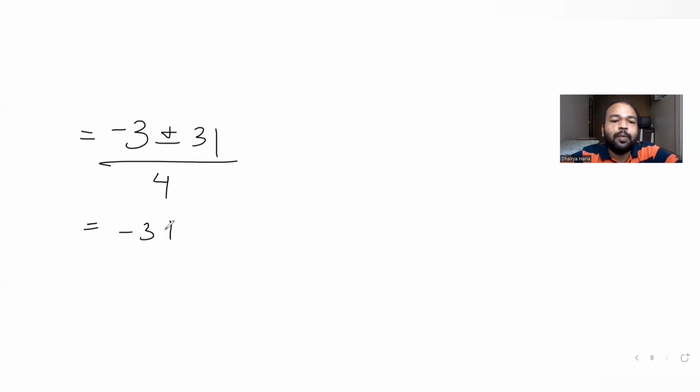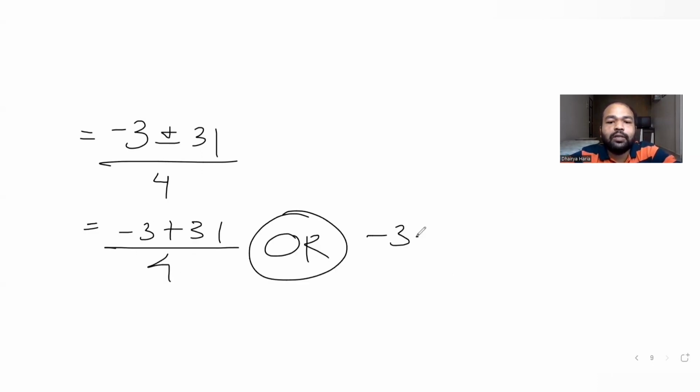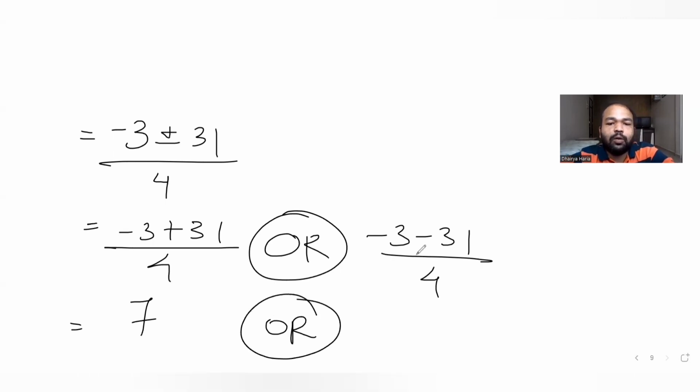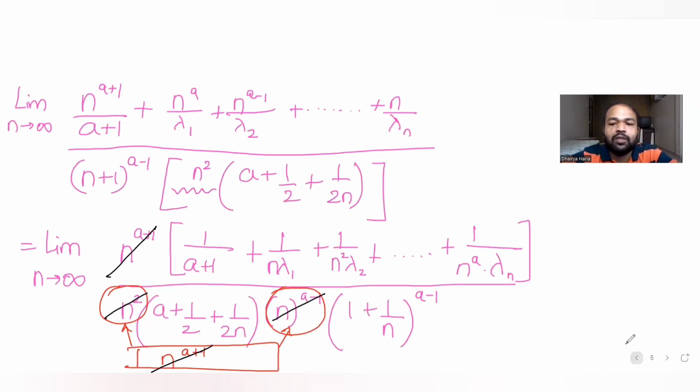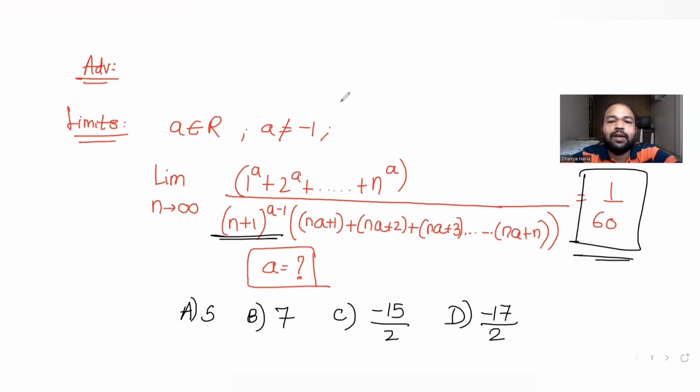So you get this becoming minus 3 plus 31 upon 4, or you get this as minus 3 minus 31 upon 4. So this becomes 28 by 4, that is 7, or minus 34 by 4, that is minus 17 by 2. So we get two answers here that satisfy the question as the value of a, that is 7 and minus